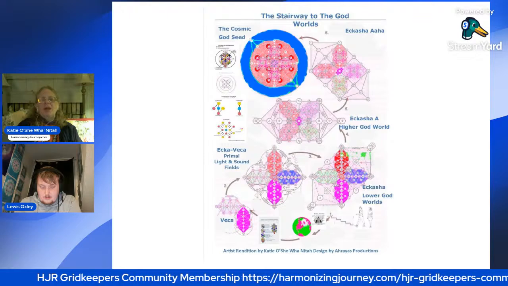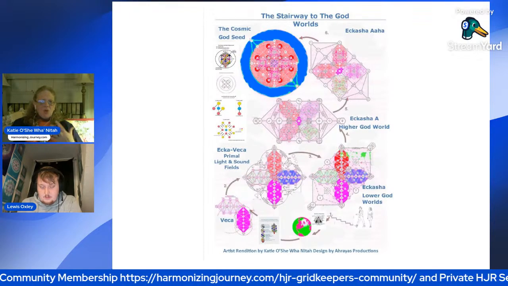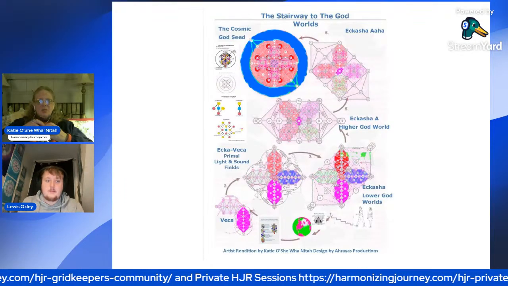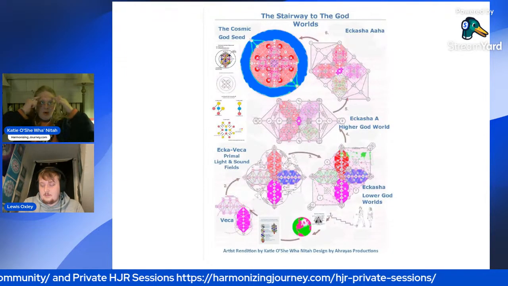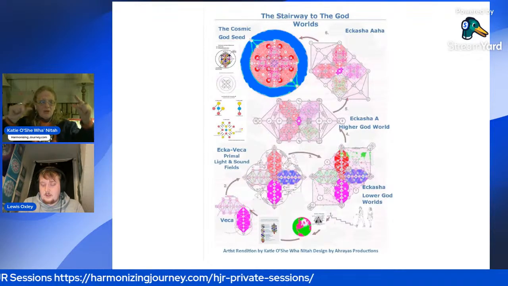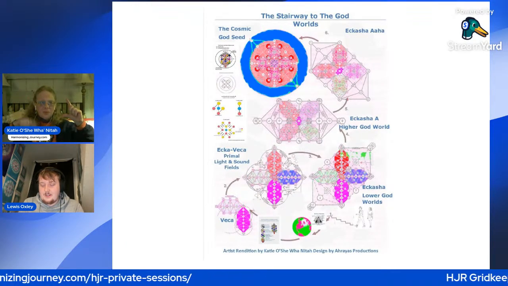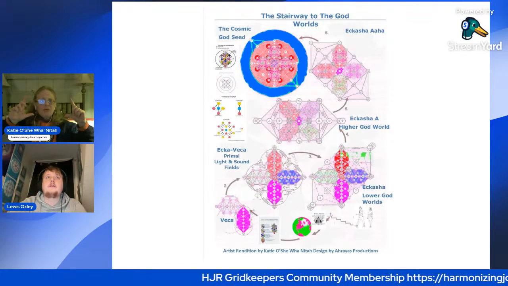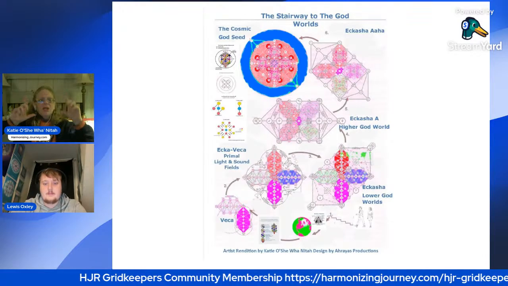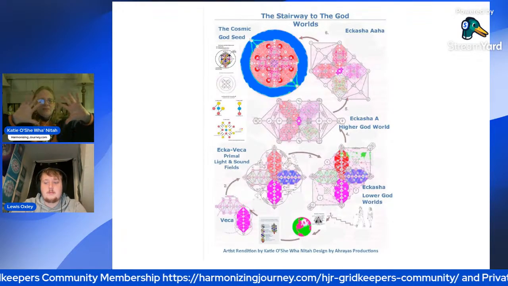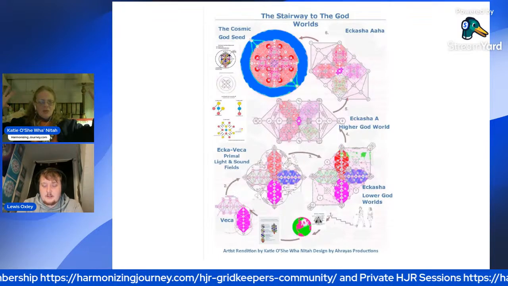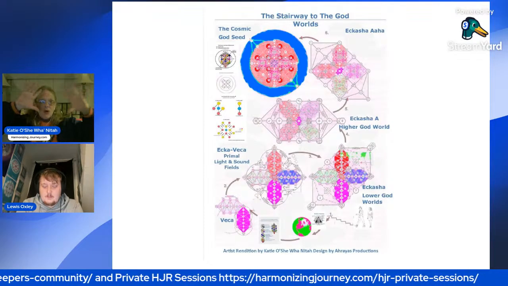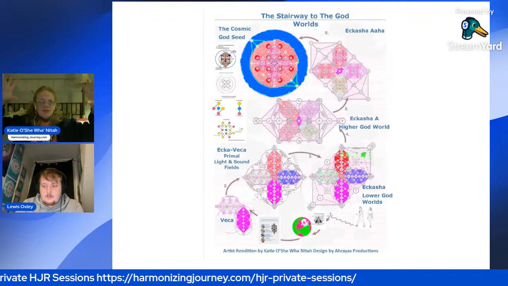And I went back to here because ascension is really looking at the stairway to the God worlds, looking at where we're at, where our focal point is right now as we are talking, which is in our harmonic universe one self down below at the bottom within the planetary structure. That's our point of reference, right? But we're all of those levels. Ascension is bit by bit expanding our consciousness through the neural network pathways of the cathartic structure of the energy lines and energy centers of what we are as the all that is, as the mind of Aya.